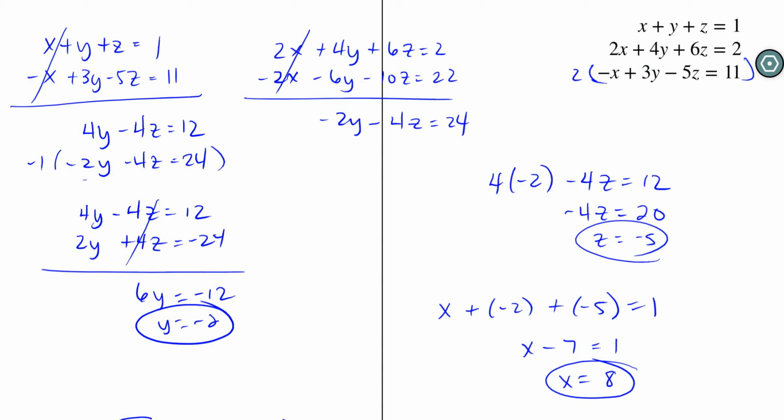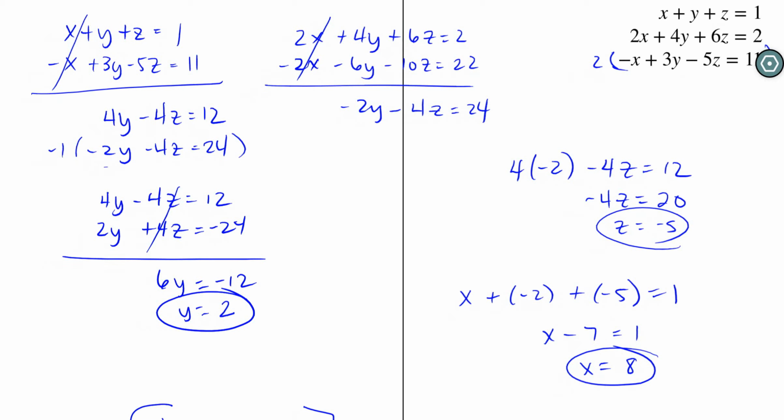So let's go back for a second. The y value is actually a positive 2, so I have a sign wrong here somewhere. So it looks like the 4y, negative 4y, and 12, that looks right. And then this was a negative 2, so I should have just multiplied this by 2. What the heck did I do there? I multiplied it by negative 1, but I never changed my sign on